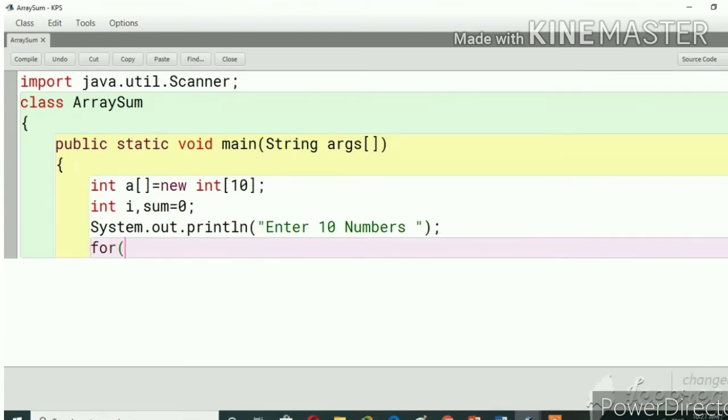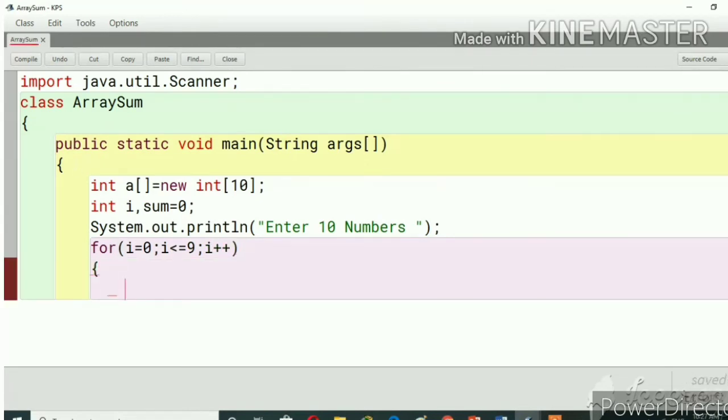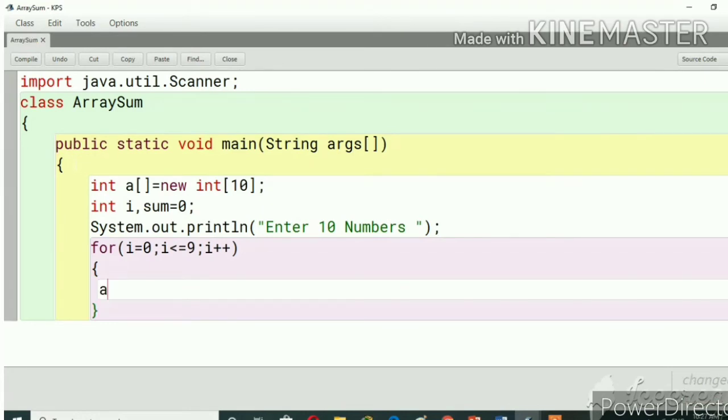First we write the loop: i equal to 0, the index will start from 0 till 9, and i plus plus. Inside this loop we will accept the array index equal to sc.nextInt.